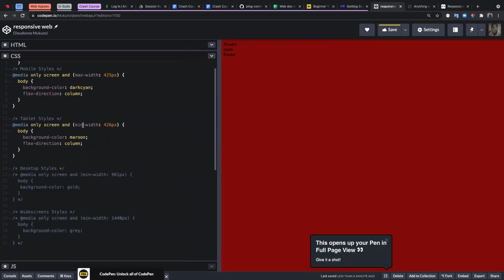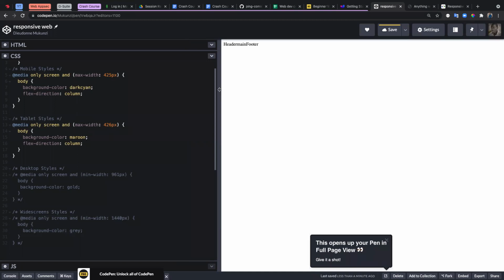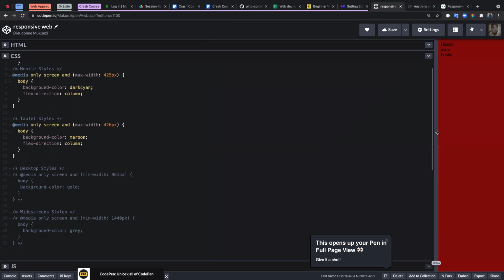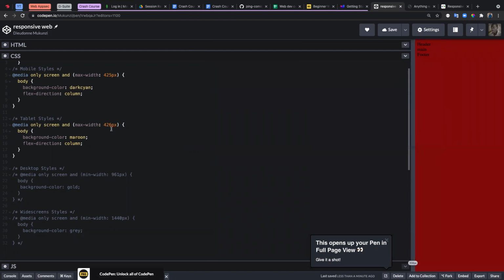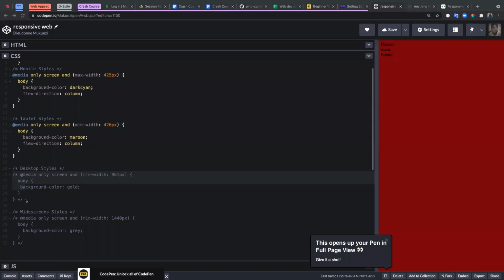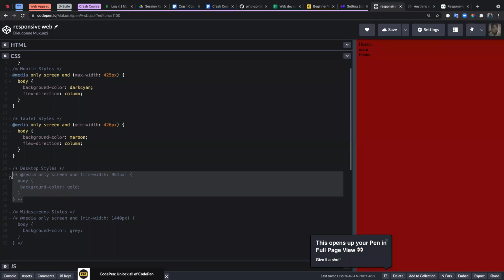If you set max width 420, there's not going to be any styles here. But if you get to the mobile, there's going to be some styles. And this is taking over because we set the max width of 425 as well. So what we need is the min width, and now be able to set if we get to 426, it turns red. And if we set the styles for desktop,